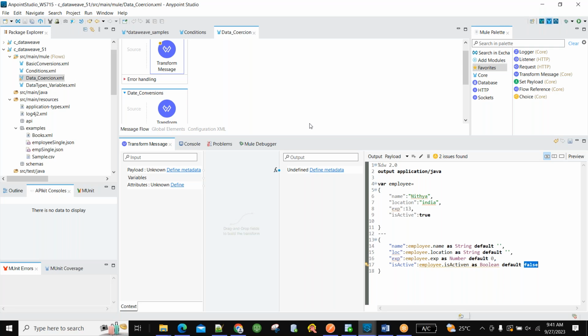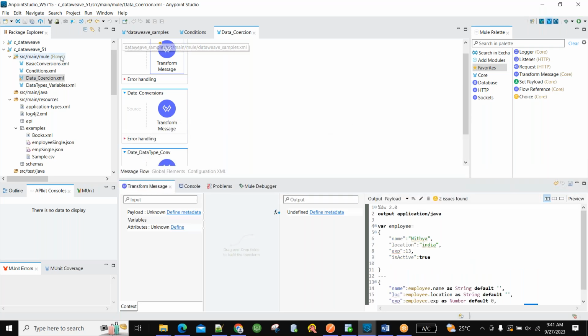Okay, I think it is beyond the time today somehow. I don't want to inject more into your brains. I'll stop it here and I'll share these workspaces with you guys. Don't think much on data weaving, because data weaving is something related to syntax only. Try to observe it, try to do it, try to practice the same in your systems. That's all. It is a kind of syntax.